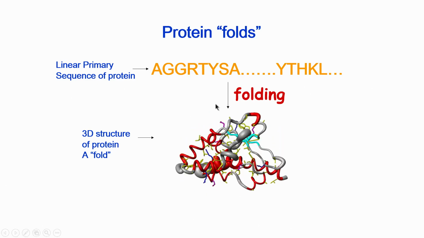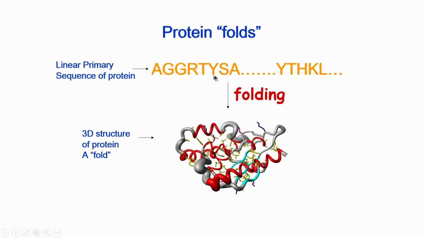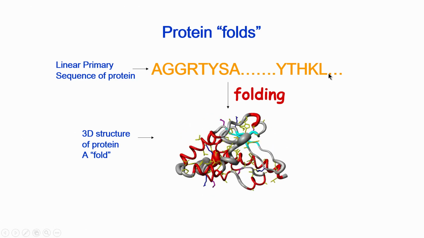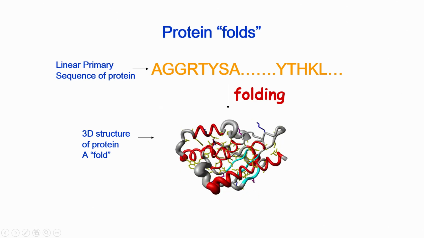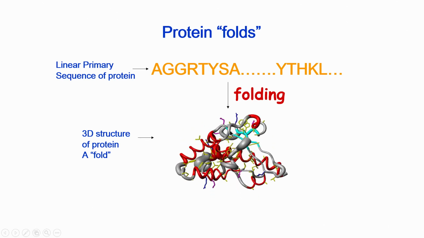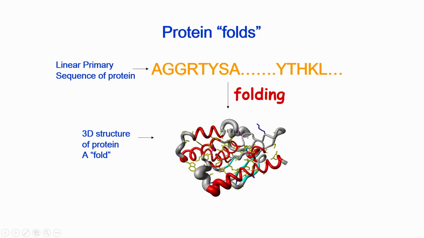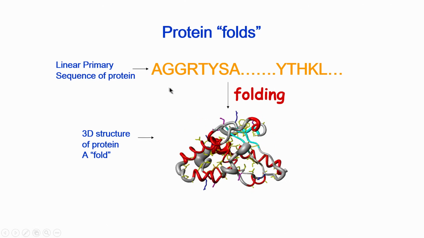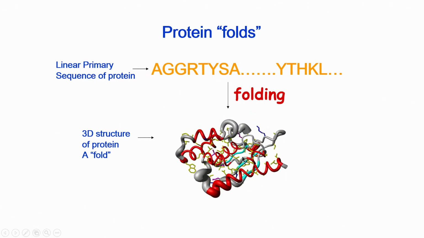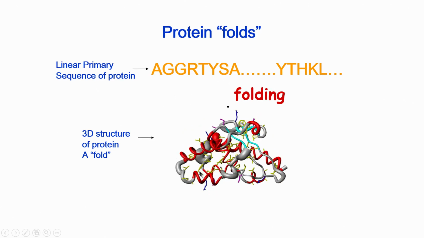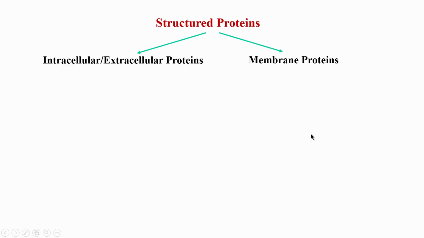There is a large area of research where people have tried to track how the linear sequence of amino acids gets folded into a 3-dimensional well defined structure. Okay. So, this is the protein folding problem, but what we do in NMR is we will look at the final structure. We want to see how this looks. Using different NMR experiments, our goal is to get this structure. That is our goal in this whole concept of protein structure determination.